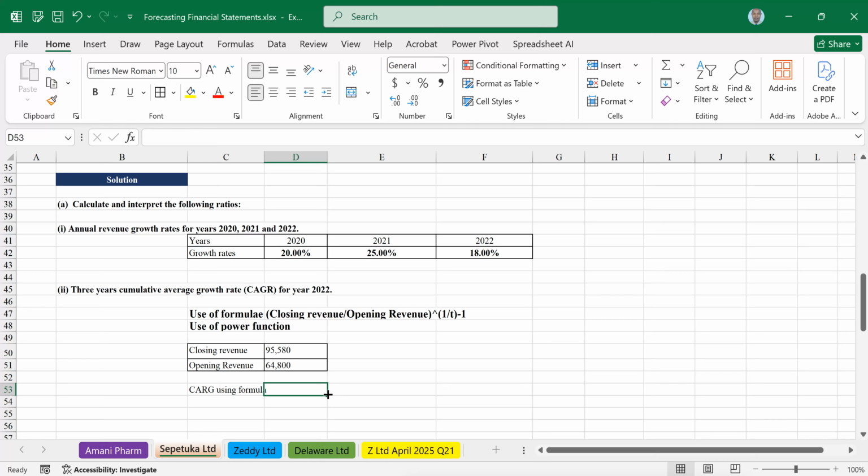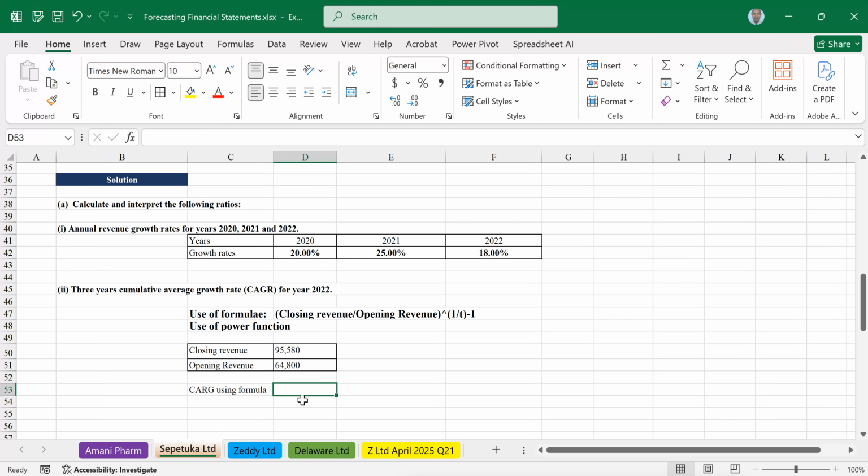The CAGR using the formula will be as follows. Equal sign, open bracket, click on the closing revenue, divide by the opening revenue, close bracket, raised to the power,